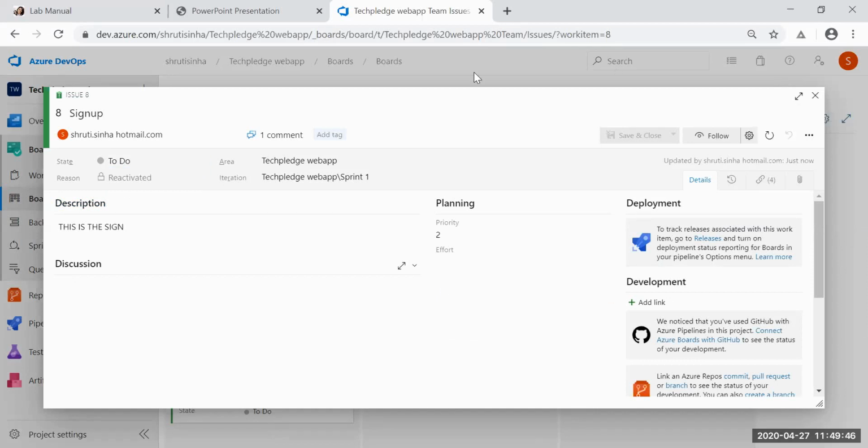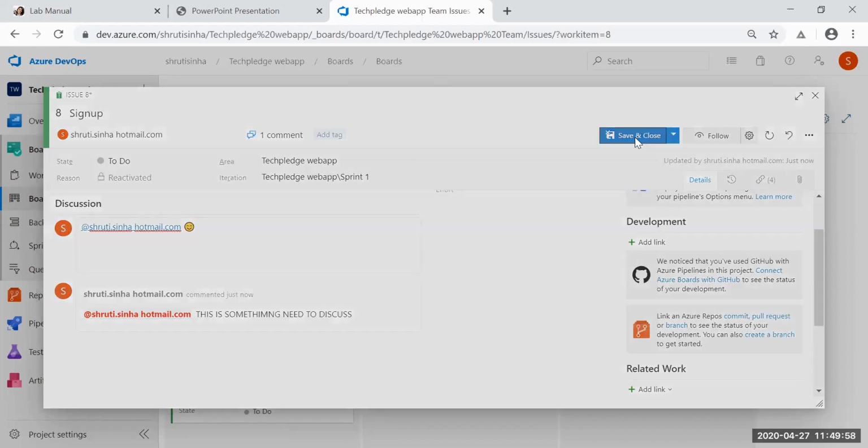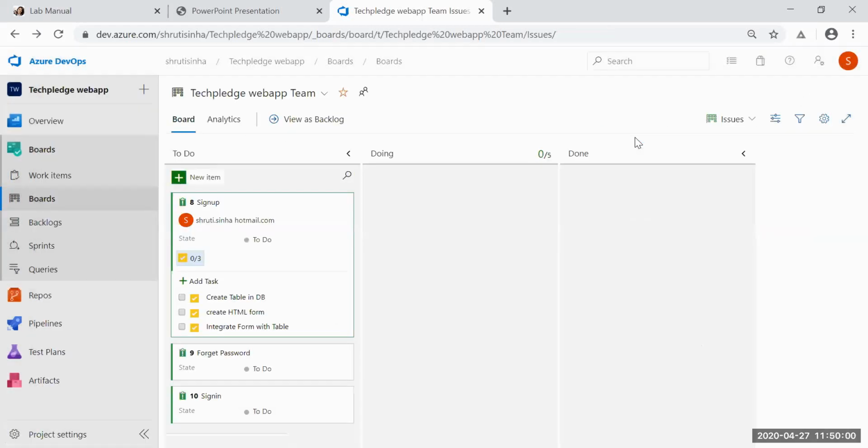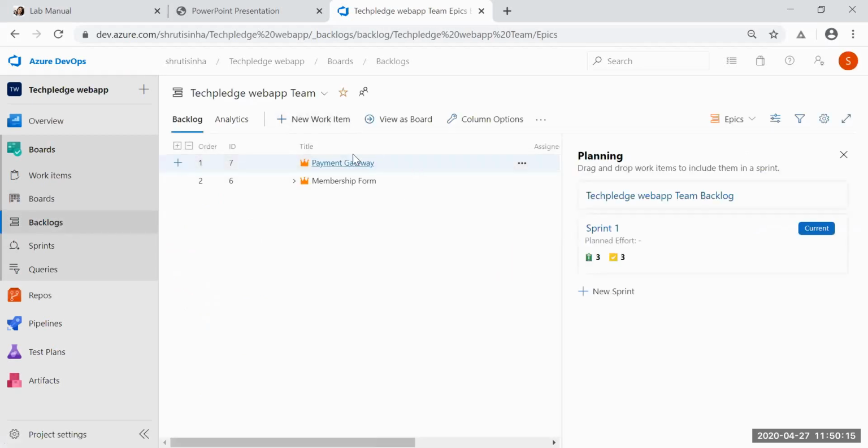You can go and see one comment, and you will see that comment. All the users who are assigned can come and comment here, and they can leave their feedback. So it's a complete project management tool. Yes, absolutely project management, and it's a kind of dashboard for my project timeline. What are the backlogs that have not been completed yet? Any work which is not completed is a backlog. And this is sprint.